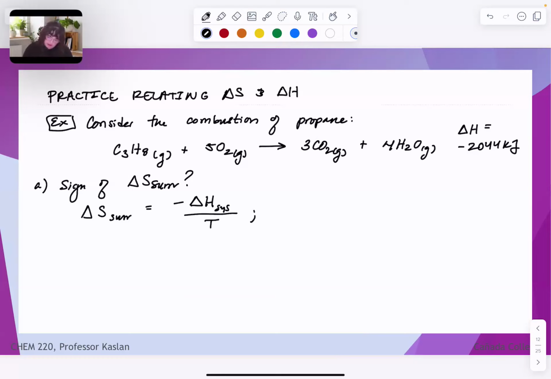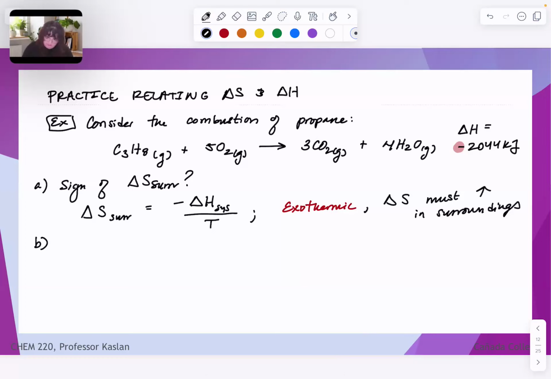So here, since we are indeed exothermic, this is going to imply that delta S must increase in the surroundings. Okay. B,